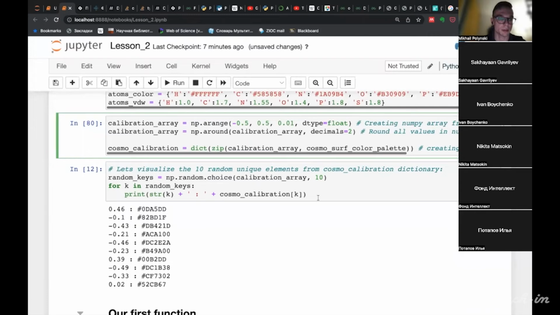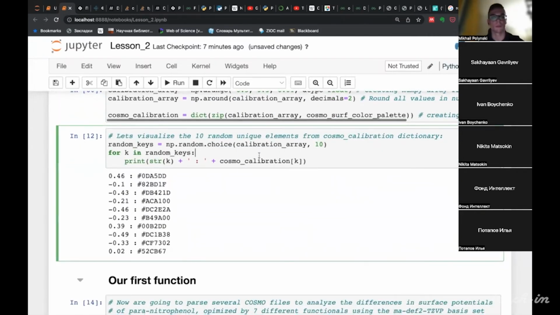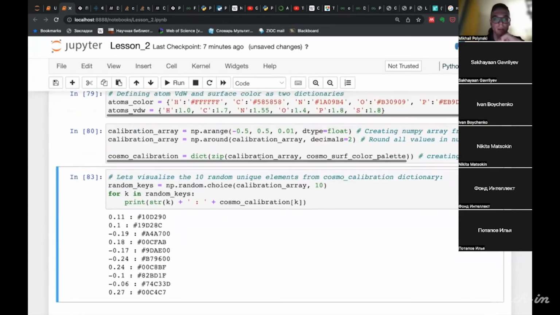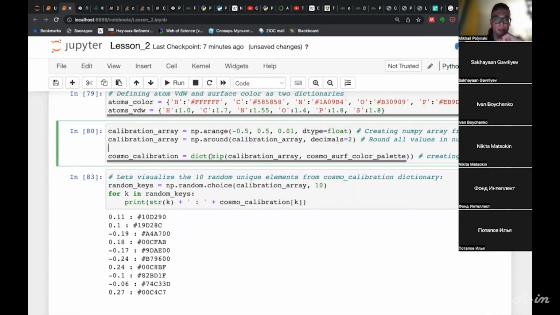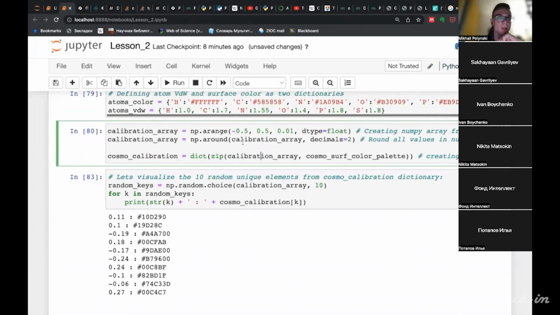So next, I should also mention that we use zip to create a dictionary from two arrays. Zip is easily Googled.